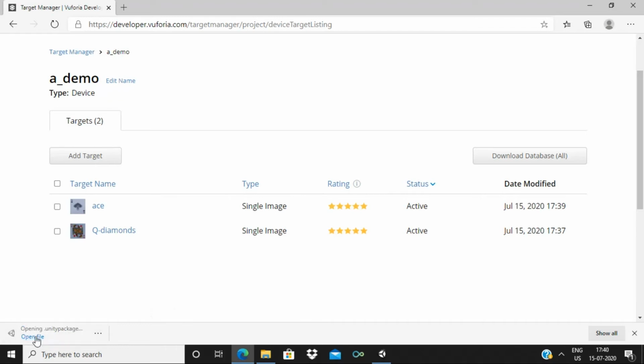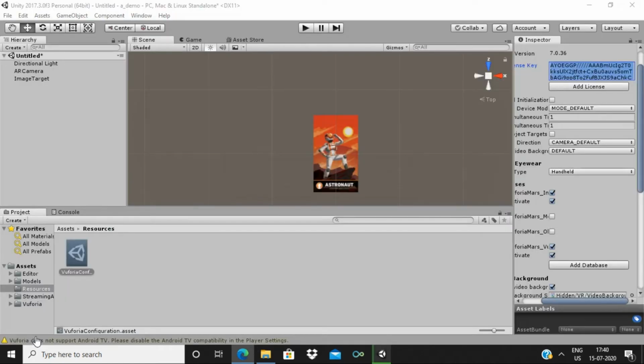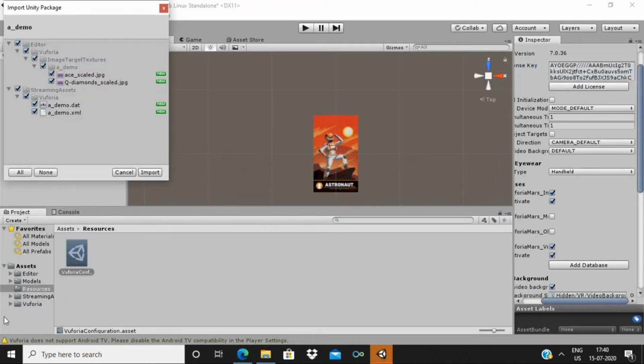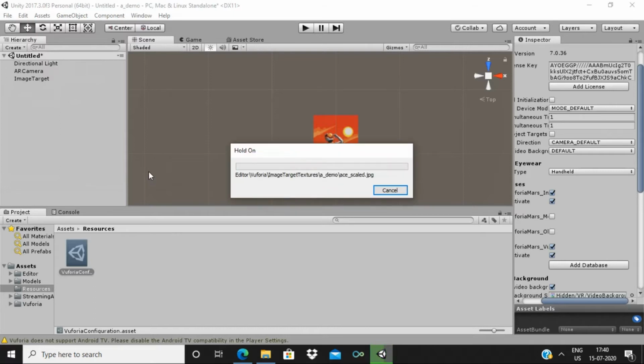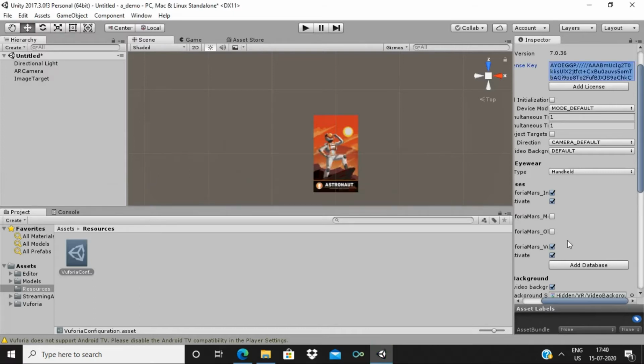So I want it to open with Unity. Yeah, it opens in Unity here. Keep them all as they are now and click import here. Yeah, we'll get our targets here.